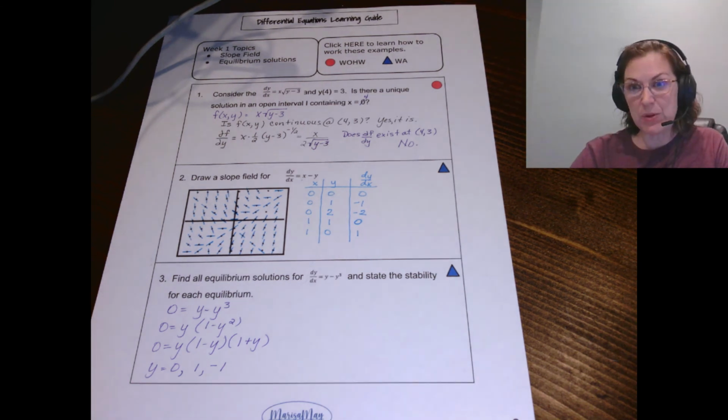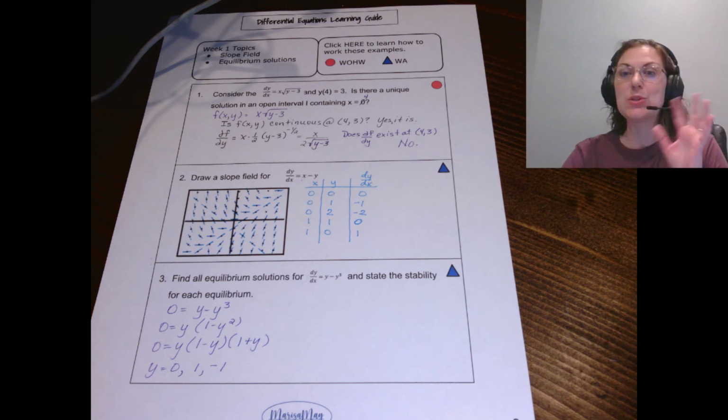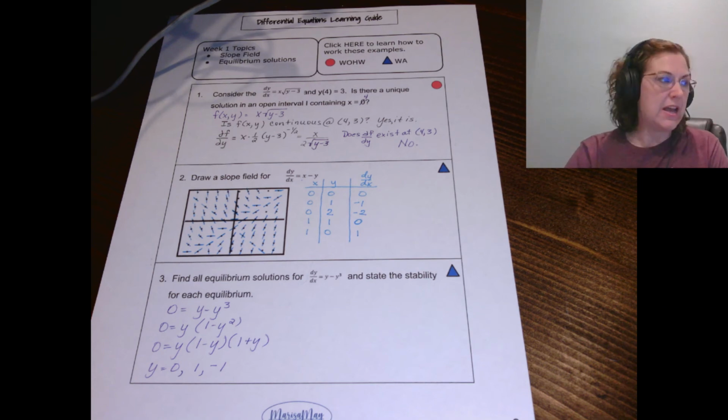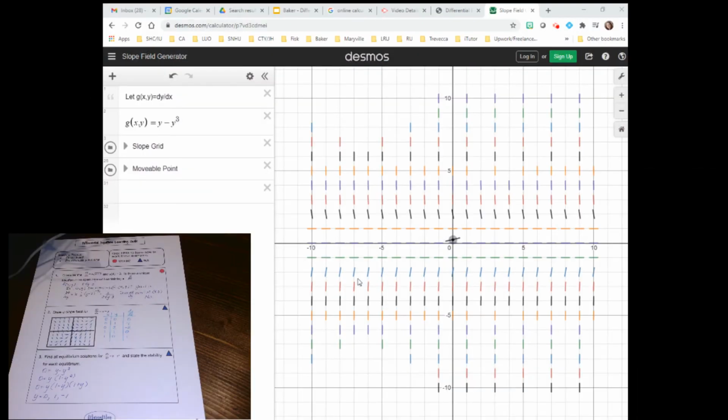Now that we've found the equilibrium solutions, I want to share with you the slope field so we can take a look at what's going on. I'm going to switch our view over so you can see the slope field for this differential equation. You can easily see the 3 equilibrium solutions in orange, purple, and green. I'm going to be able to move this point because I want you to see what happens as we get close to y equals 1. Notice that the slope tends to get closer and closer to y equals 1 as x gets bigger and bigger. This means we have an asymptotic stable equilibrium